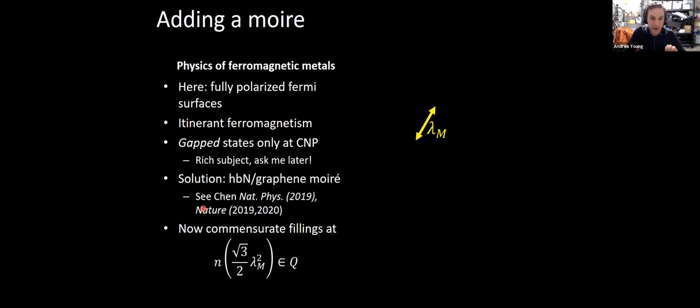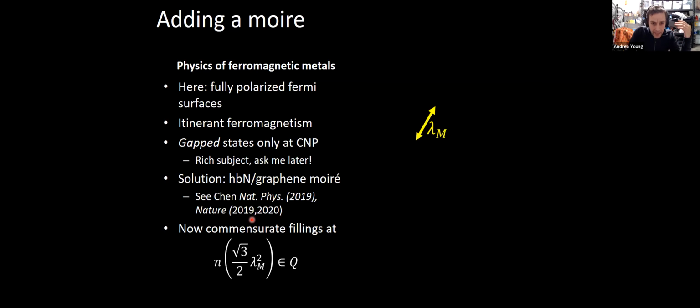And of course, everything I'm going to tell you about in the next section of the talk was anticipated in papers from Feng Wang and from David Goldhaber-Gordon, who studied the system. What we've been doing is trying to clean up the system by using graphite gates and doing bulk measurements like capacitance to try and understand this phase diagram better. But I should give credit where it's due. We were certainly inspired to get into this by those works, many of which we've corroborated, some of which we haven't.